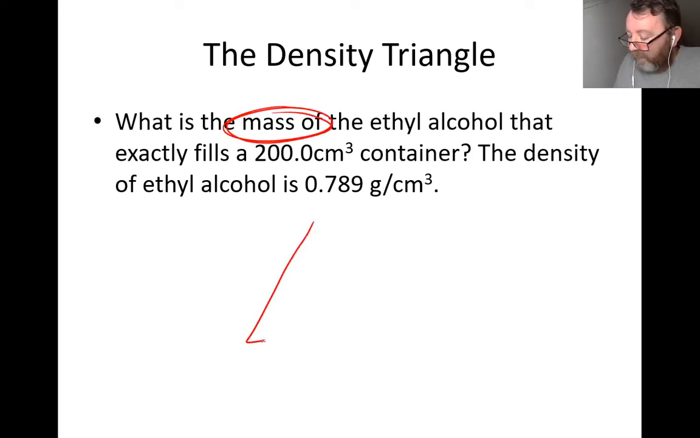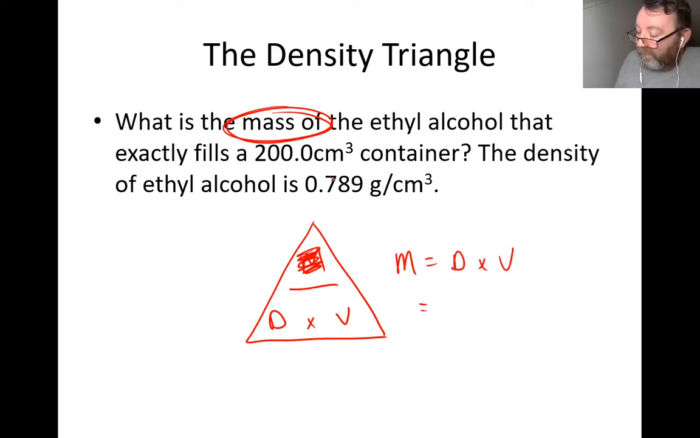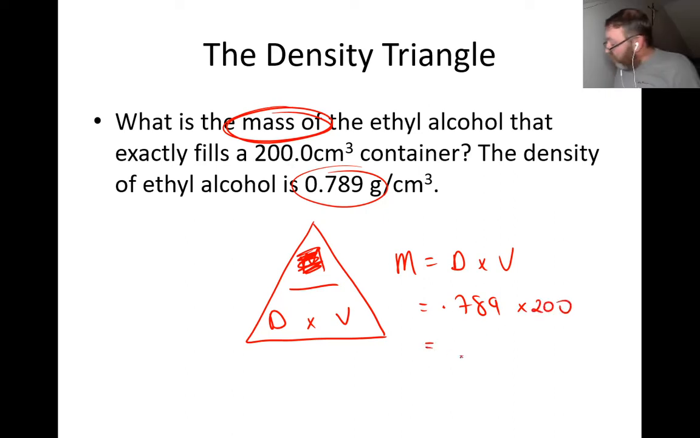So you draw your little triangle like this. Density equals mass over volume. And you put a little multiplication sign in there. Okay. Now, what am I being asked for? I'm being asked for the mass. So you put your thumb over mass, and you'd say mass from the triangle equals what? Density by volume. So now, let's look for density. There's density there. Put that in, 0.789 multiplied by the volume, 200. So, 0.789 multiplied by 200 comes out as